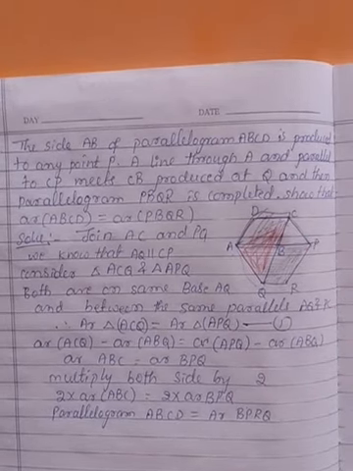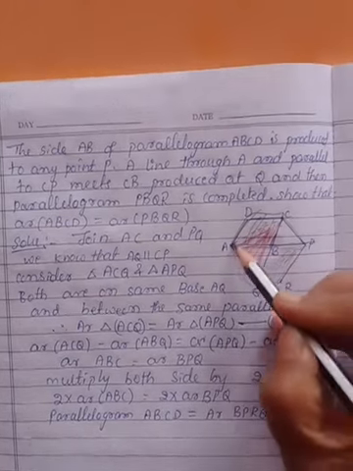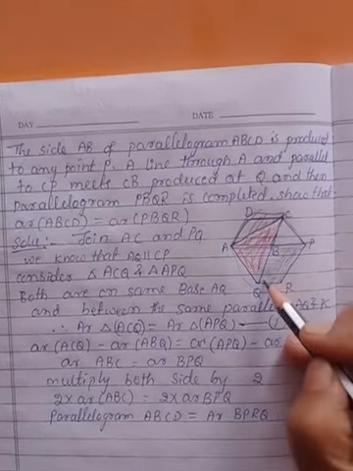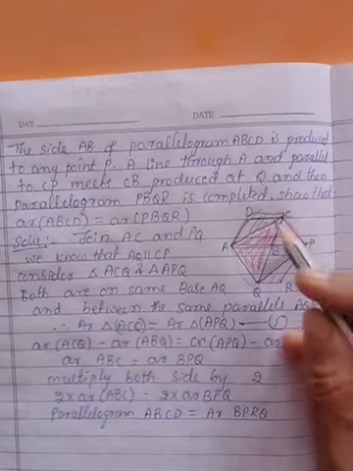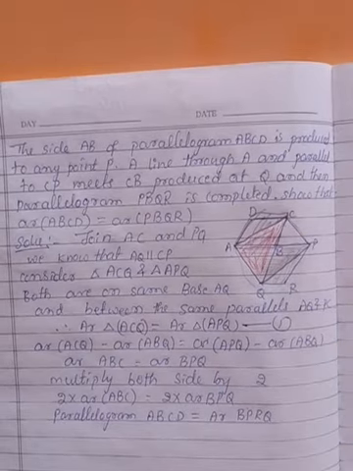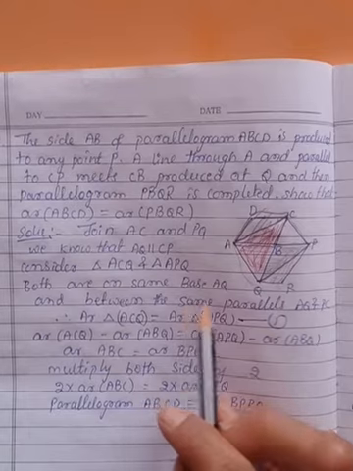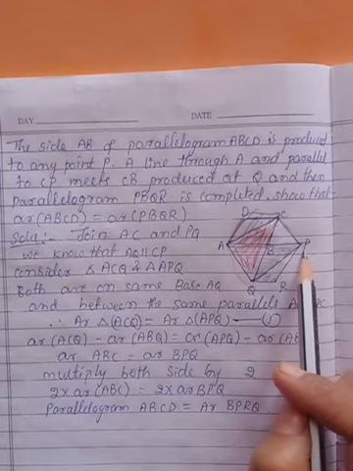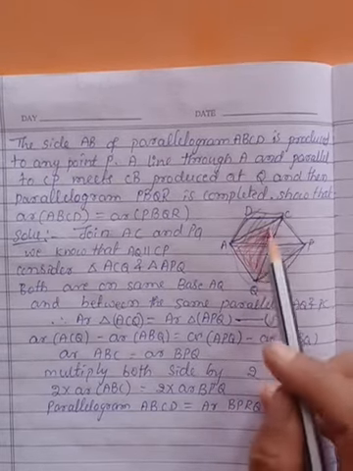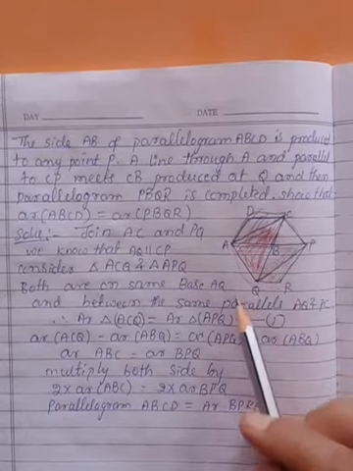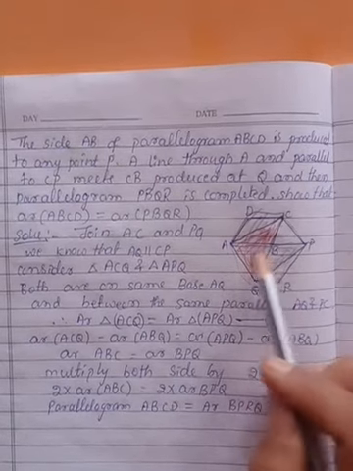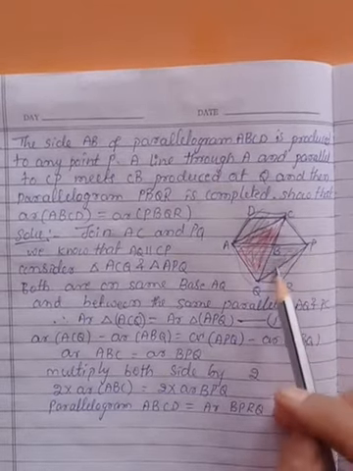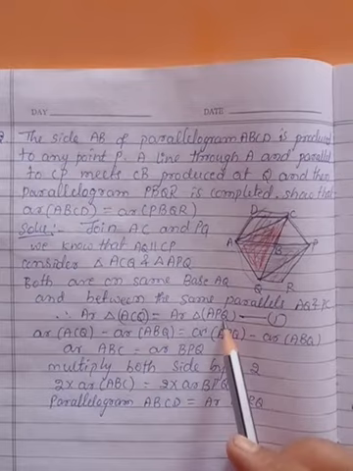Now one thing you have to do here, children, just join A to C, okay, and P to Q. We are drawing the diagonals of both the parallelograms. At that time we already know that AQ is parallel to CP, isn't it? Then these two triangles, marked in red, ACQ and APQ, both are on the same base AQ and between the same parallels. That's why these two will be equal in area. Call it 1.